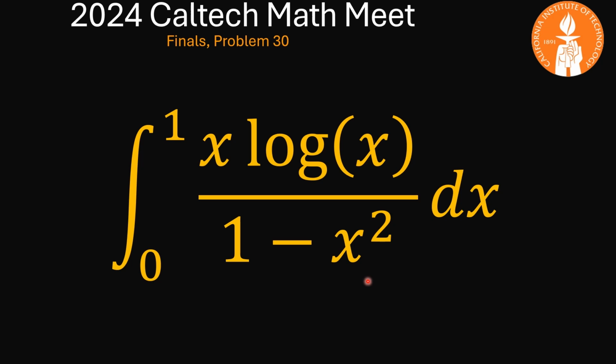geometric series or geometric progressions, and we'll see how we'll be able to exploit that to really be able to solve this problem. I've seen folks that have used Taylor's expansion of the natural logarithm. I think that's a little bit too much, but let's move ahead and see how we may be able to solve this problem. So as I mentioned earlier, looking at 1 over 1 minus x squared as a geometric progression,